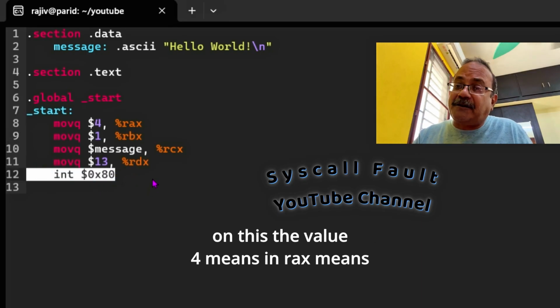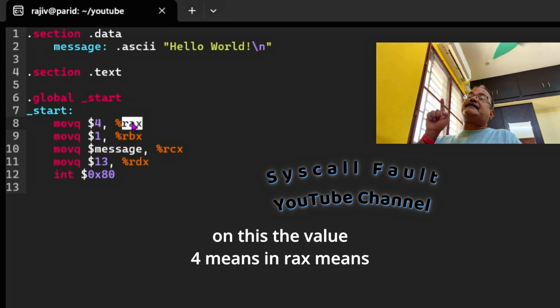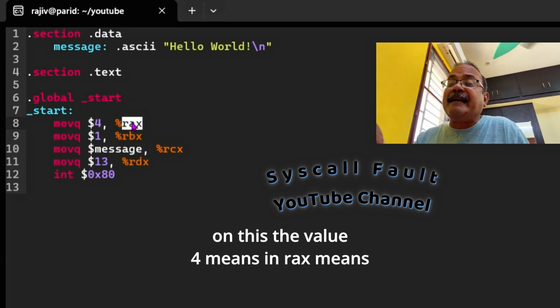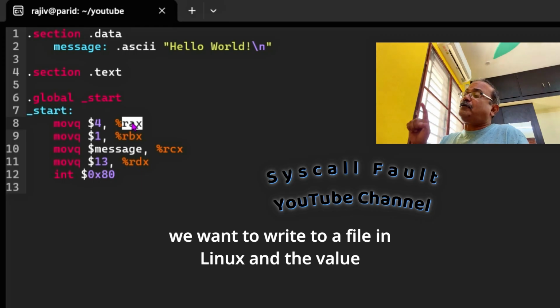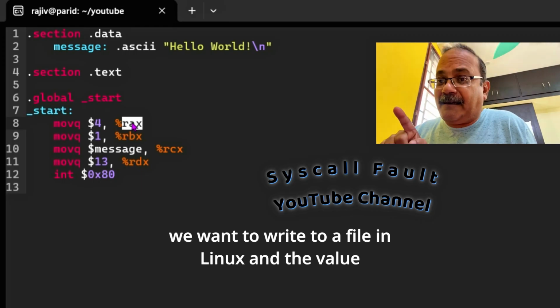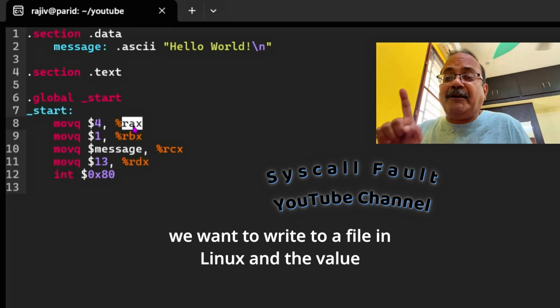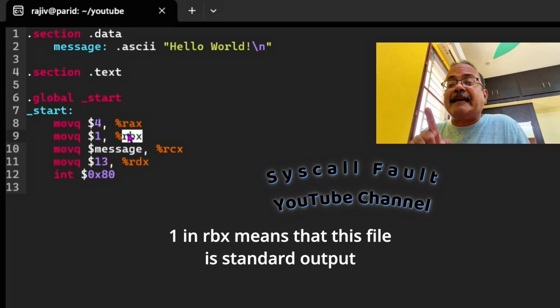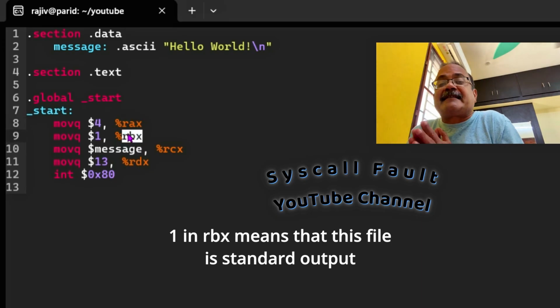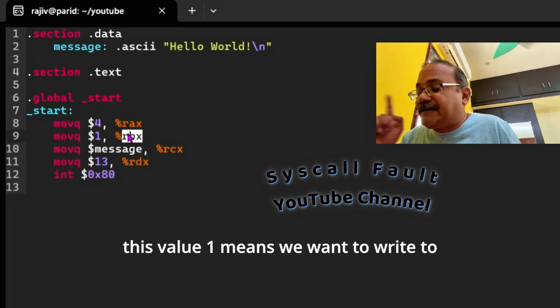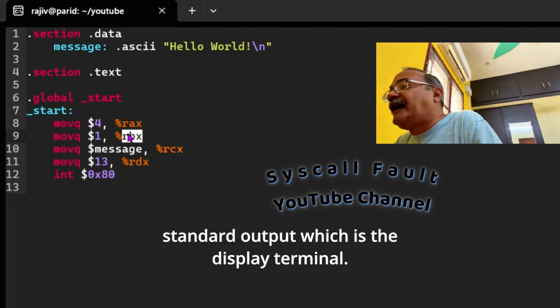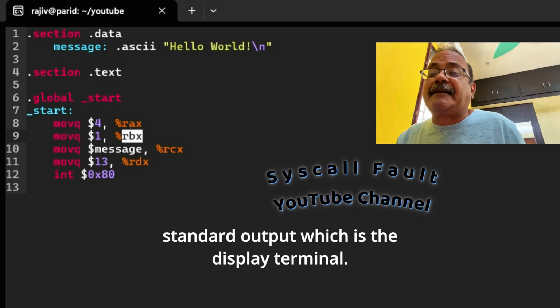Now based on this, the value 4 in RAX means we want to write to a file in Linux, and the value 1 in RBX means that this file is standard output. This value 1 means we want to write to standard output, which is the display terminal.